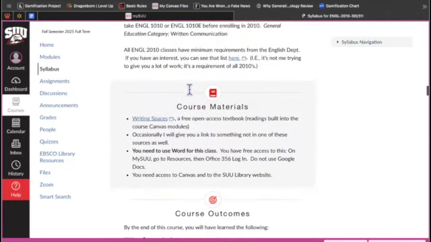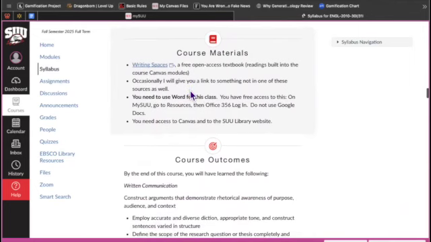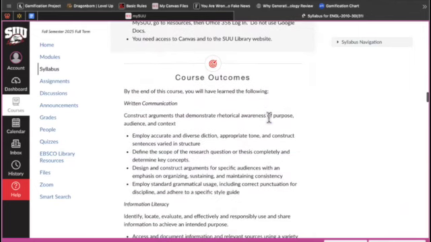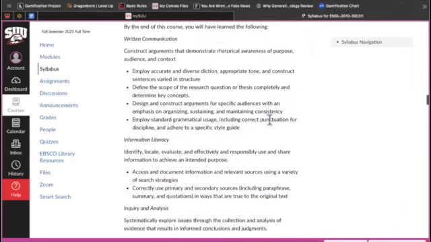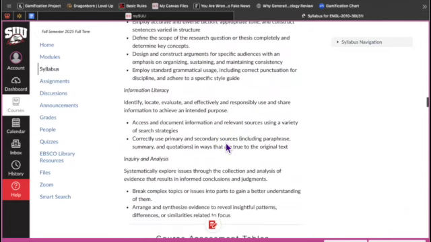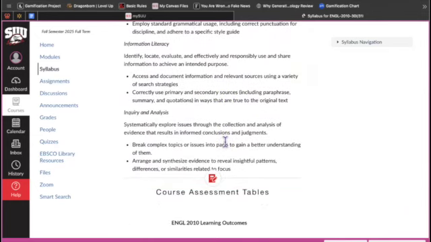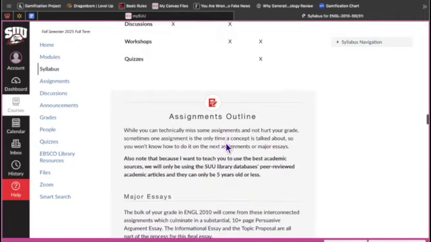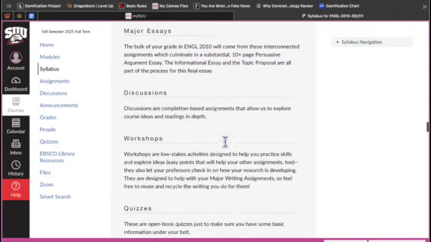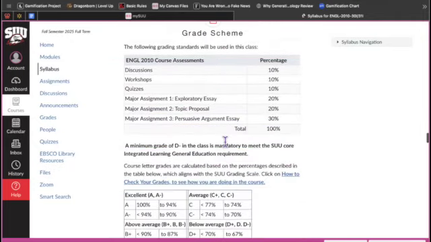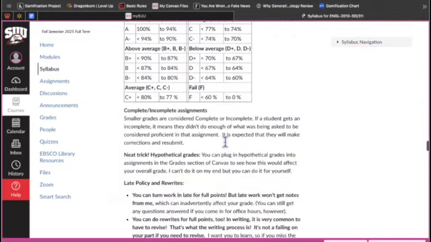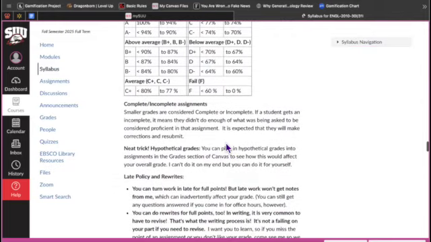College description is the official thing. Course materials, you have to have those things. What you are supposed to be learning is really important too. So read it. I know that's boring, but read it anyway. And then there's some things that show, what are the assignments? This is what they're worth. This is how I calculate grades. I drop a grade in certain circumstances. Different things like that that you need to know for the class, and you can go back and look at this information anytime you want.